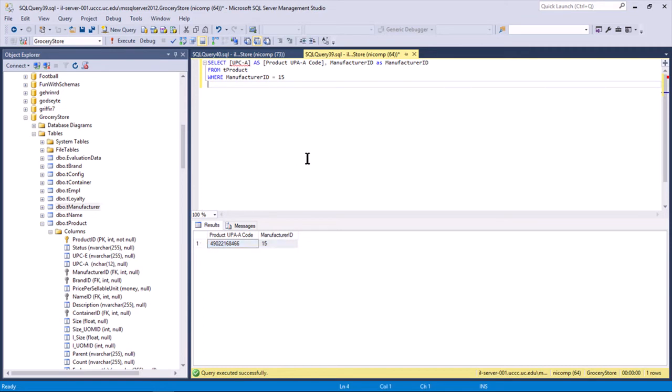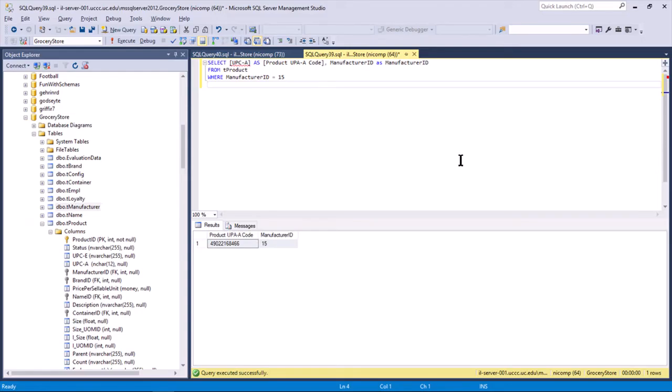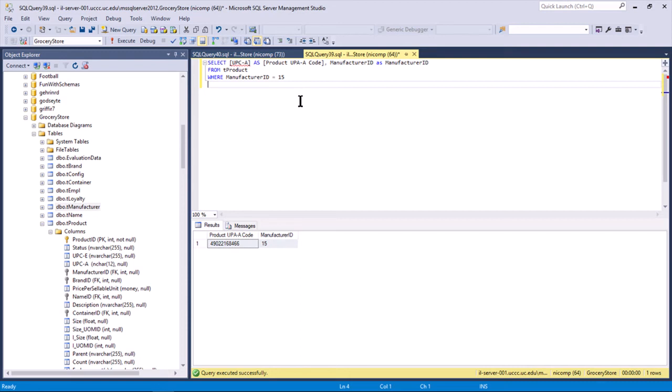But I don't want to necessarily, because what if that got deleted and the manufacturer ID changed? Then that query wouldn't work anymore. What I'd rather do is search for this string, ConAgra Foods. In order to do that, then I have to bring in the manufacturer table into this query, which means I have to join two tables together. Let's get rid of that where clause for now. Inner join T manufacturer